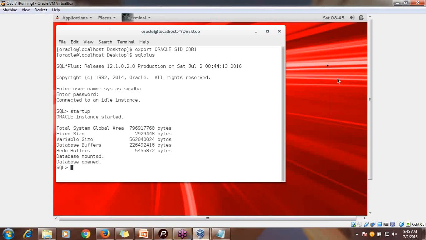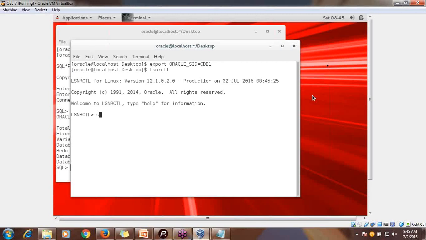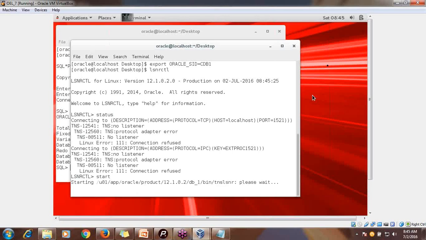On the other side, I'm opening another terminal window. I need to start my listener. I'm exporting ORACLE_SID equal to CDB1, and checking lsnrctl status. It says connection refused, so I need to start my listener also. I'm starting the listener.